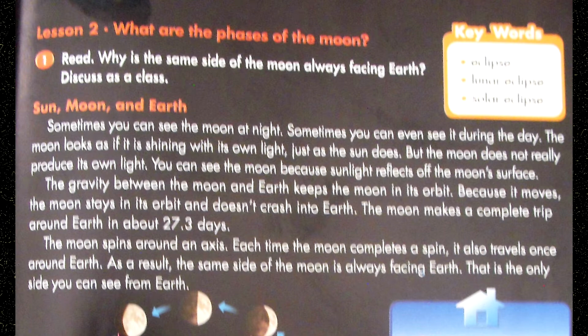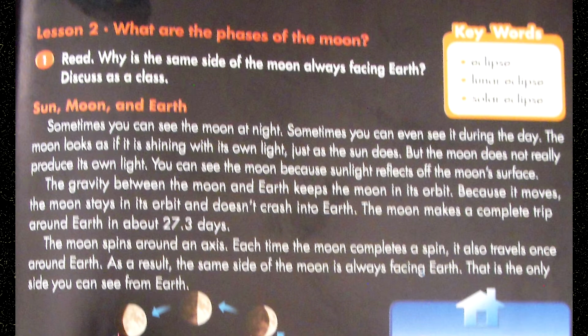The gravity between the moon and Earth keeps the moon in its orbit. Because it moves, the moon stays in its orbit and doesn't crash into Earth. The moon makes a complete trip around Earth in about